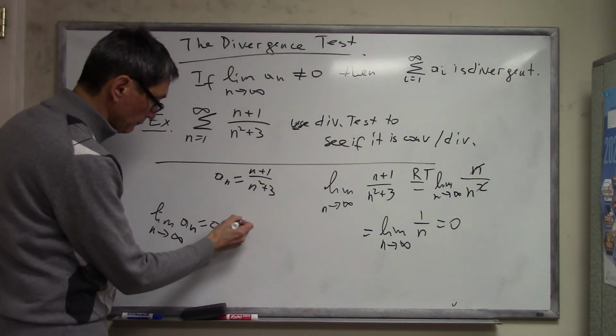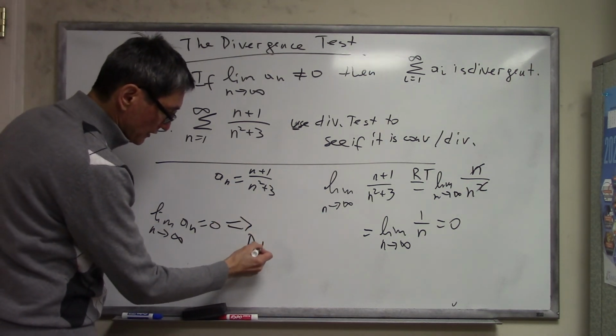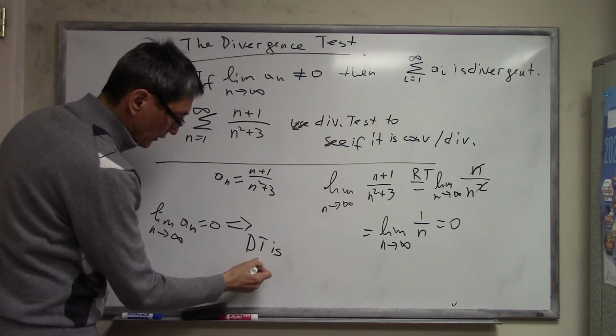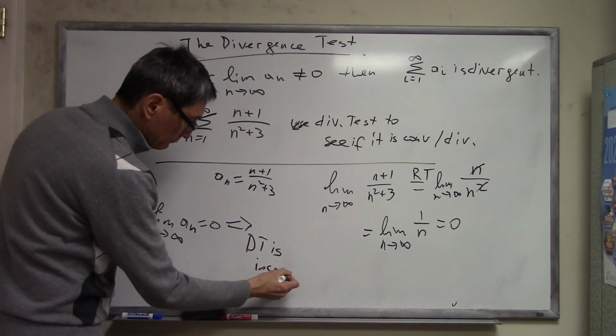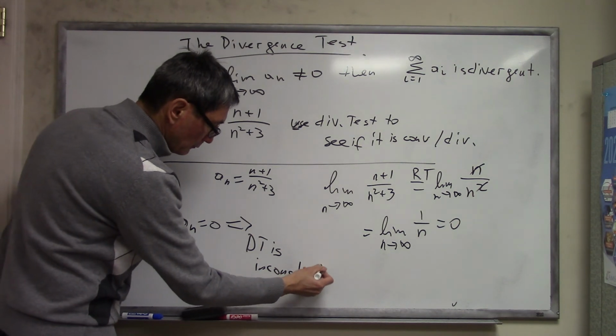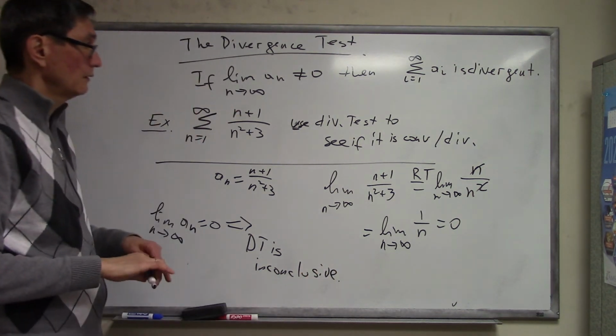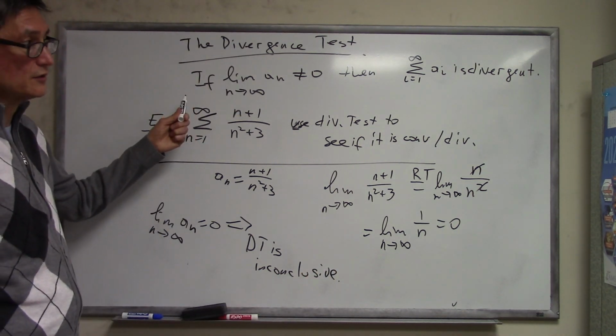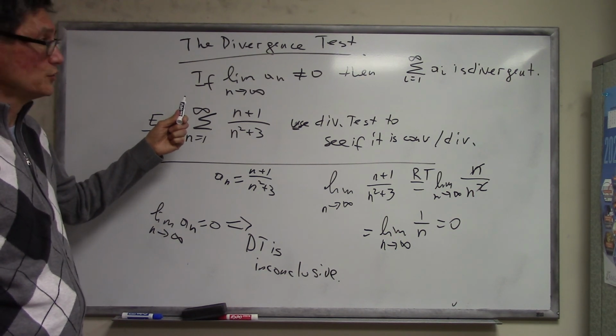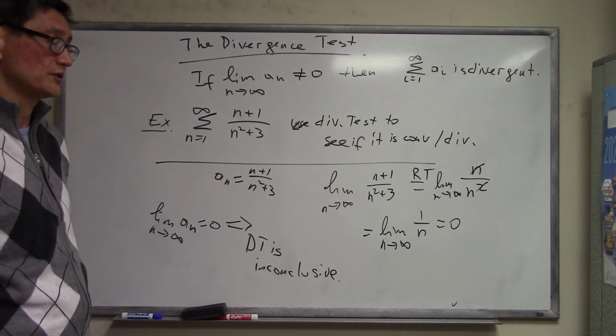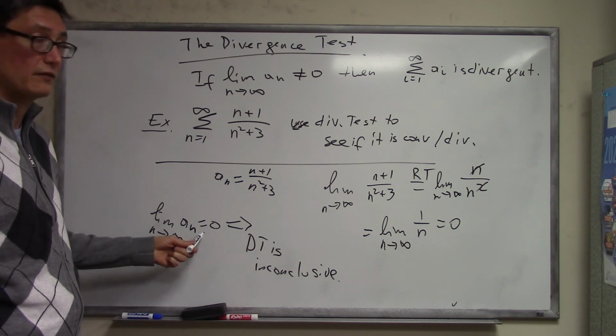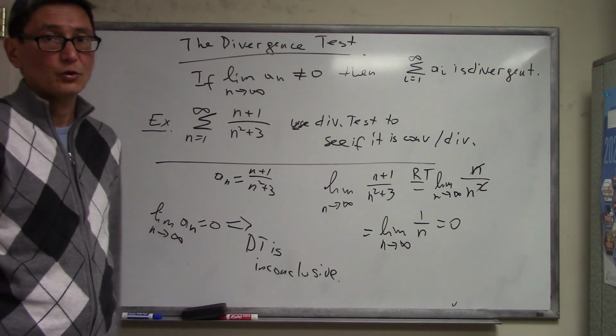Therefore, divergence test is inconclusive. Divergence test will give us any information about the series only when limit of a term does not equal 0. If limit equals 0, it cannot give us any